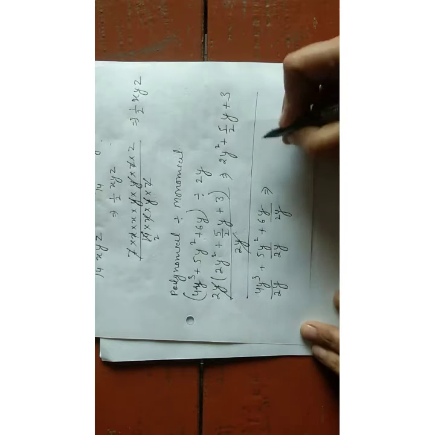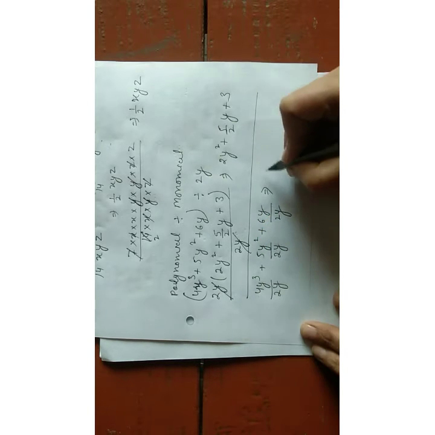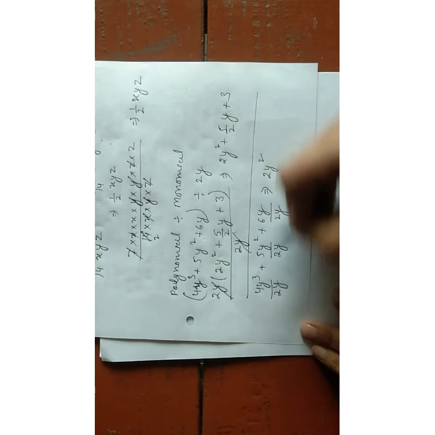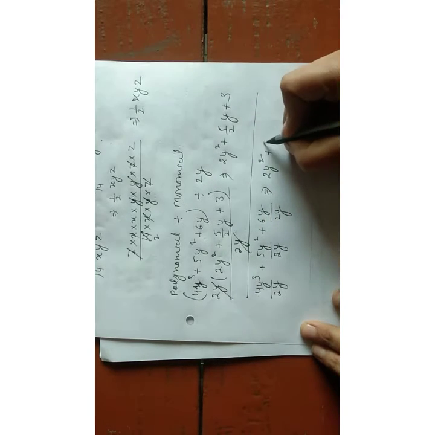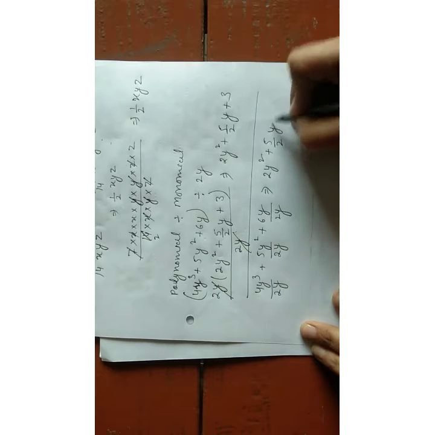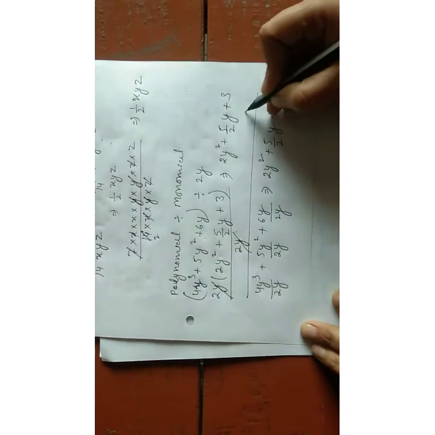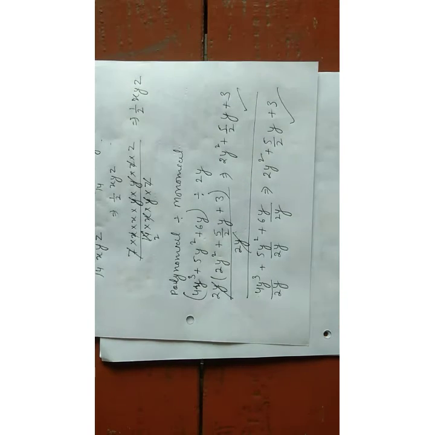Now, I will solve it. It is 2y square, because power 3 minus power 1, 2y square, plus 5 upon 2y, and it will be 3. The answer will be the same. In each and every part, the answer will be the same, but the change is in the method. So you can use any method which you find the easier one to solve.